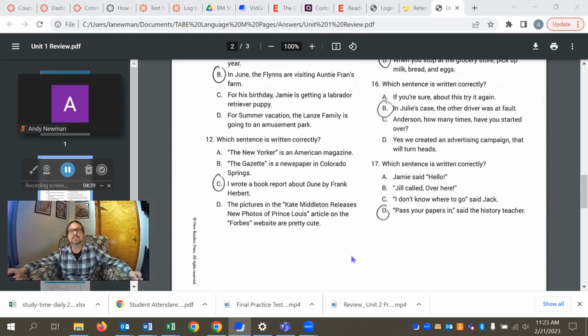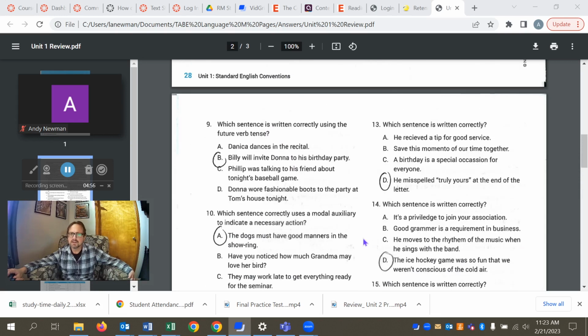Okay, in 12, we're looking at the proper punctuation of titles. C is our answer. We have a novel that is written in italics, which is correct. These other examples put titles of longer works in quotation marks, which is incorrect. 13, our correct sentence is